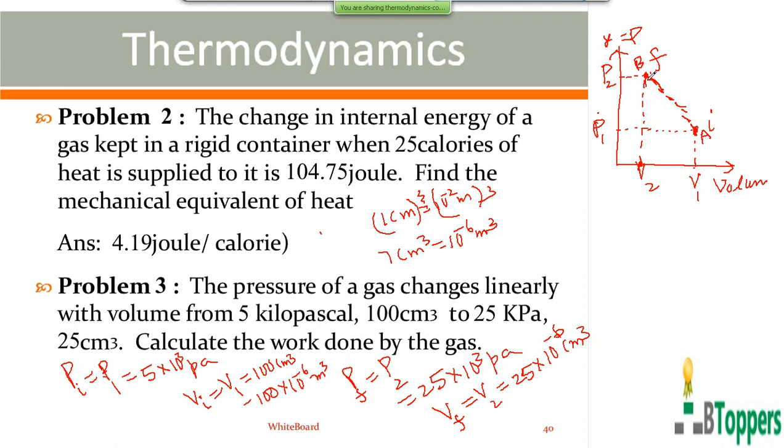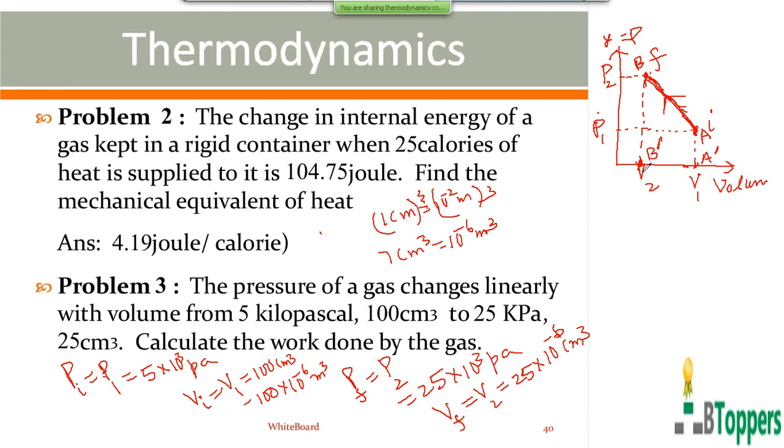It is given that the volume of the gas changes linearly with change in pressure. So the graph can be assumed to be linear. You can draw a perpendicular from the point B on the x-axis. That means A dash is the foot of the perpendicular dropped from the point A on the x-axis. B dash is the foot of the perpendicular dropped from the point B on the x-axis.